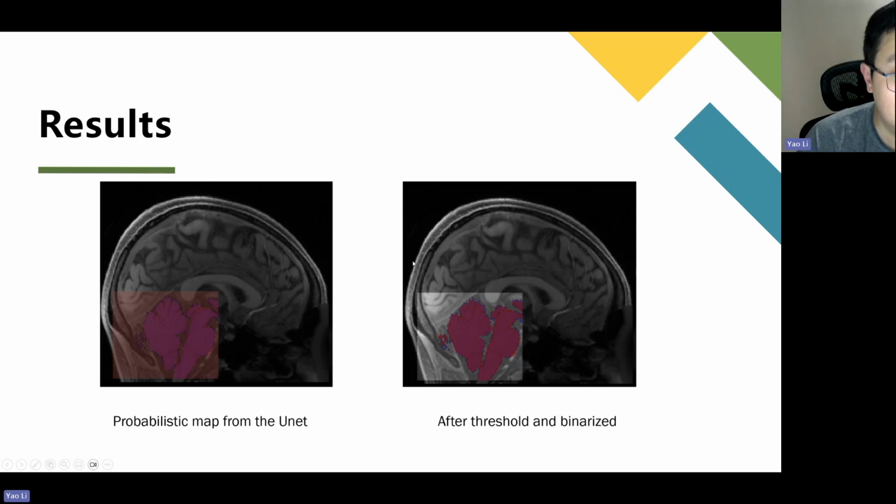Okay. So this is one of the results that I got from the UNet. On the left, we can see the image in red as the probability maps from the UNet. And after thresholding and binarizing them into the mask, we have our final results. Compared with the ground truth on the right, we can see the model performs well on most of the volumes, but there are some volumes on the surface where the model is having trouble and